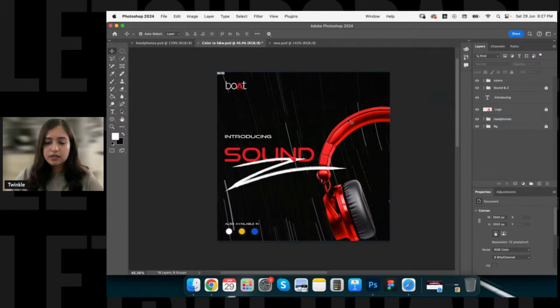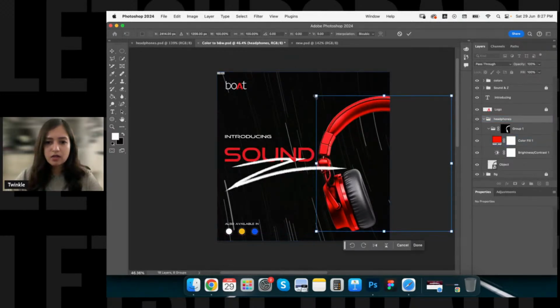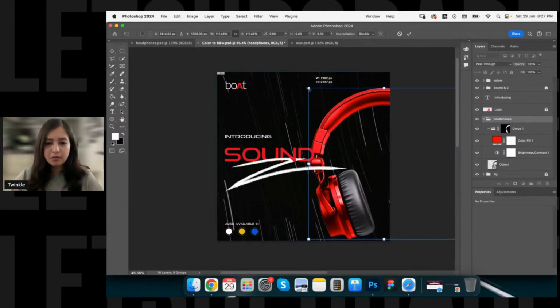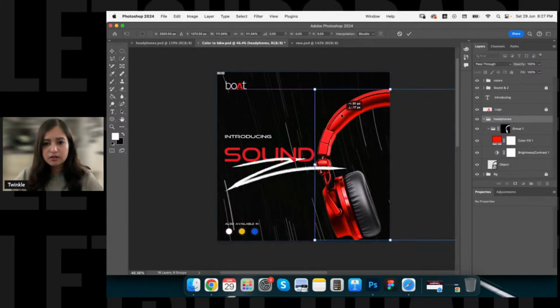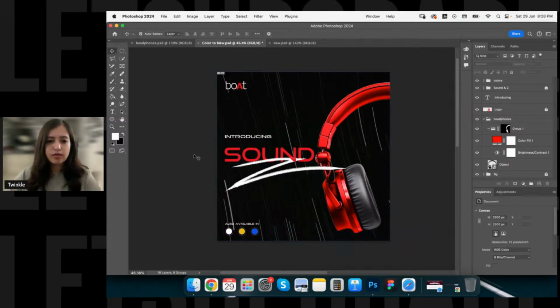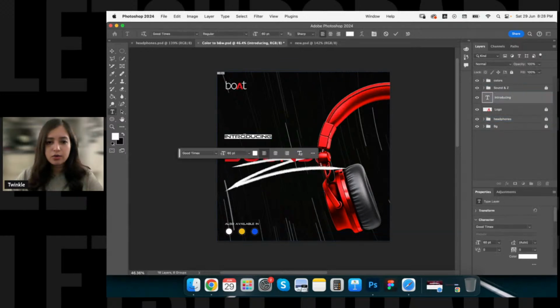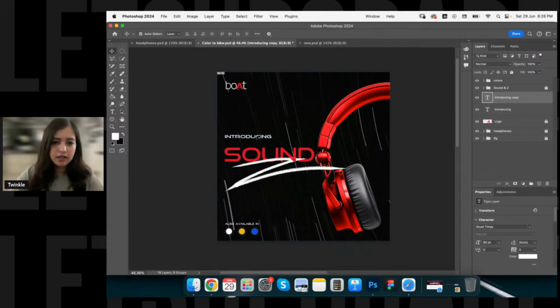Okay, I think I can move my headphones a little bit up, a little bit in center. Increase the size, maybe. Okay, this part is now visible. That's okay. I just needed more focus, more impact on my product. Okay. Great. Locking it again. So introducing, I think I can move this up,